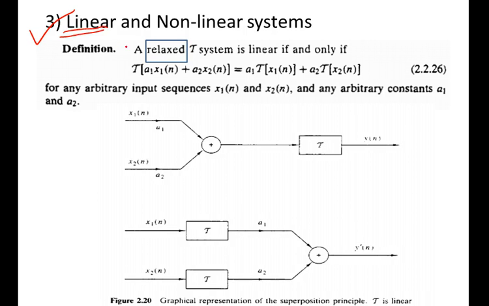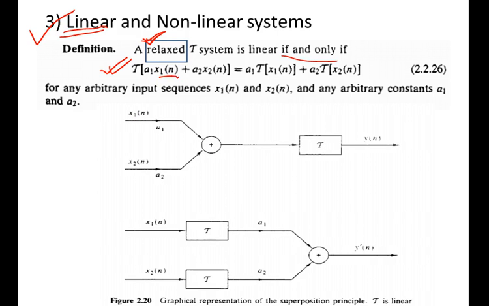A system is a relaxed system. Here again the relaxed property is important. A relaxed system T is linear if and only if this relationship is satisfied. So what we see,